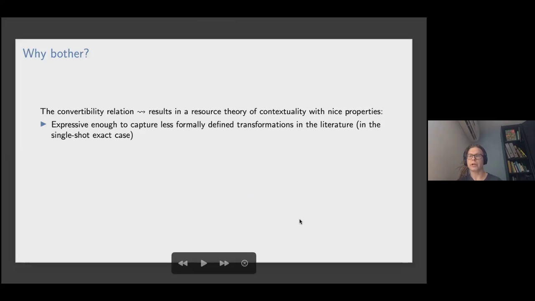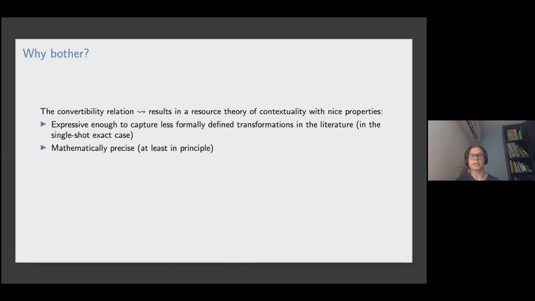And in earlier work, we've tried to justify why this is a reasonable notion. First of all, I think it captures the kinds of simulations people already used in the literature, at least when you restrict to exact transformations of correlation. If people do stuff like distillation, then they ask what happens asymptotically in the limit. You can probably adapt this framework for that, but so far it hasn't been done. Now, if you want to do everything super precisely, it's a bit of a headache, but in principle, you can do it and write everything down formally if you want to.